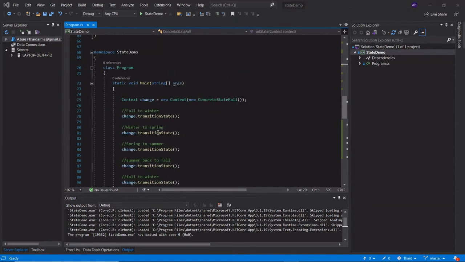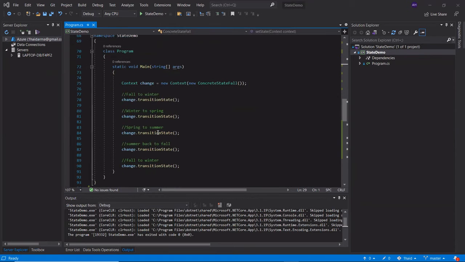So here's the client code. We have an object of the context class, and we're passing in the concrete state fall behavior first, because again, we want to start with the fall season. So our first transition, again, we're transitioning from the transition state method. So fall to winter is going to be our first transition, then winter to spring, spring to summer, summer back to fall, and then fall to winter. So if we run this code,